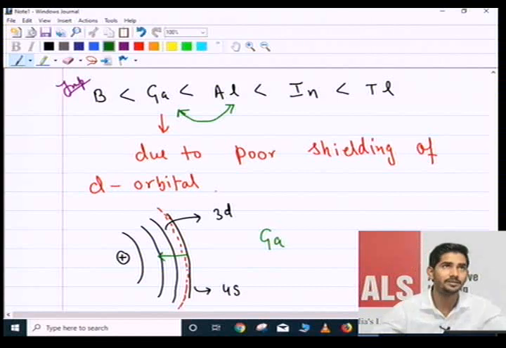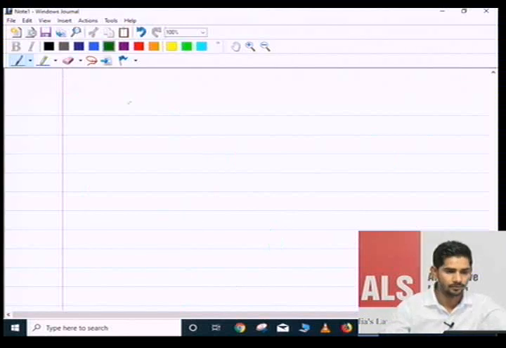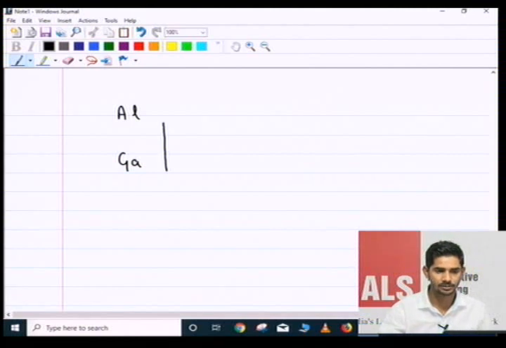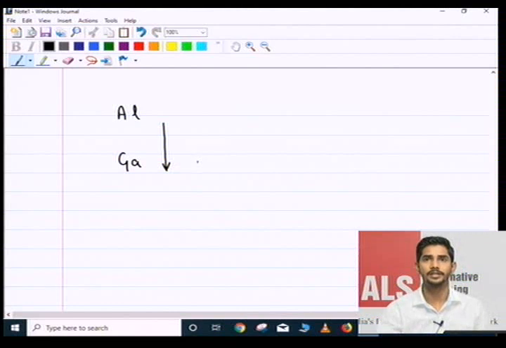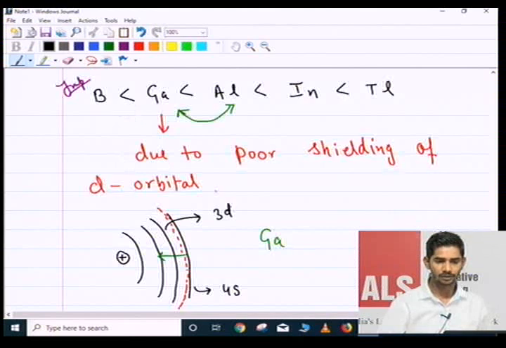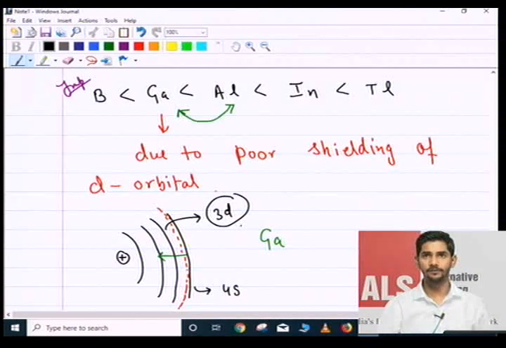Okay, see. Guys, look at this. This is your aluminium, this is your gallium. Okay, if I talk about naturally, so obviously on moving down the group, the size of gallium should increase. Okay, the size of gallium should increase. But the point is, see, in case of gallium, 3d electrons, or we can say 3d orbitals are filled first. Okay, now if 3d orbitals are filled first, see,